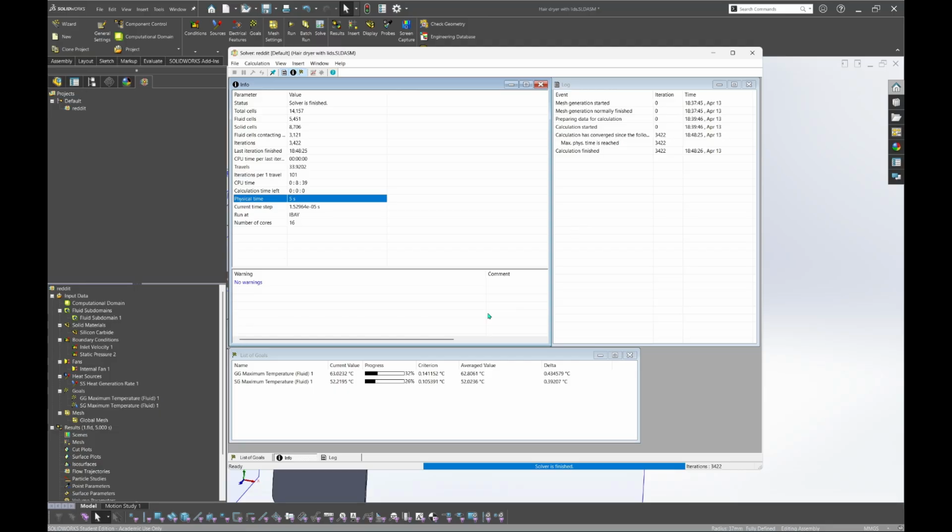Okay, it's finished. So you can check your result in the list of goals. The SG means the fluid subdomain has 52 Celsius for the temperature, and the global goal 63.